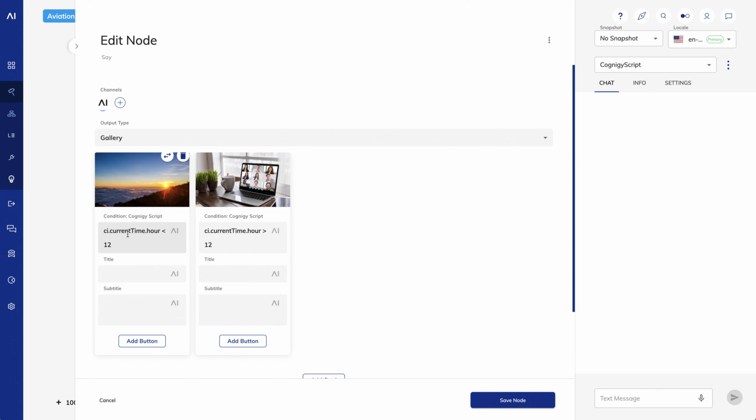Note that I'm using CI here instead of input. Prior to this session, we've used input, context, and profile to reference values in those data stores. We can do the exact same thing with CI, CC, and CP respectively. It does the same thing, but with fewer keystrokes.